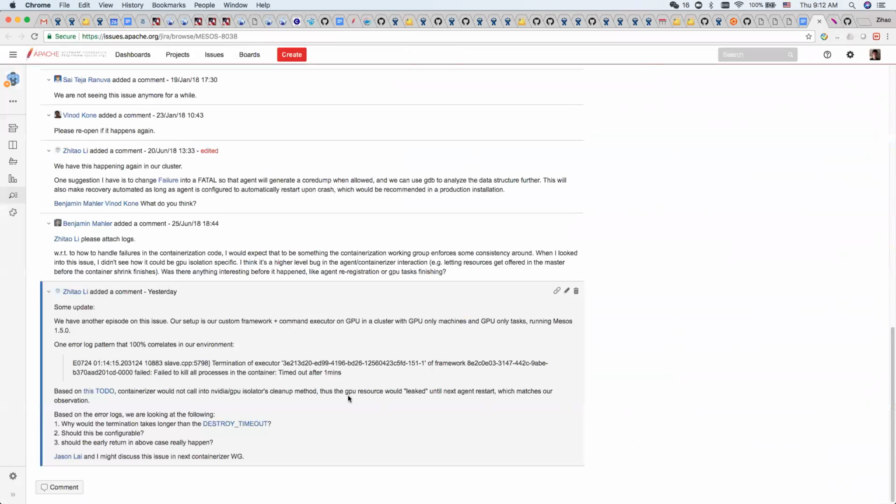It might be because, basically, I don't expect it to fail, and I'm thinking of two potential reasons. One is that if a container process is using GPU resources, and then